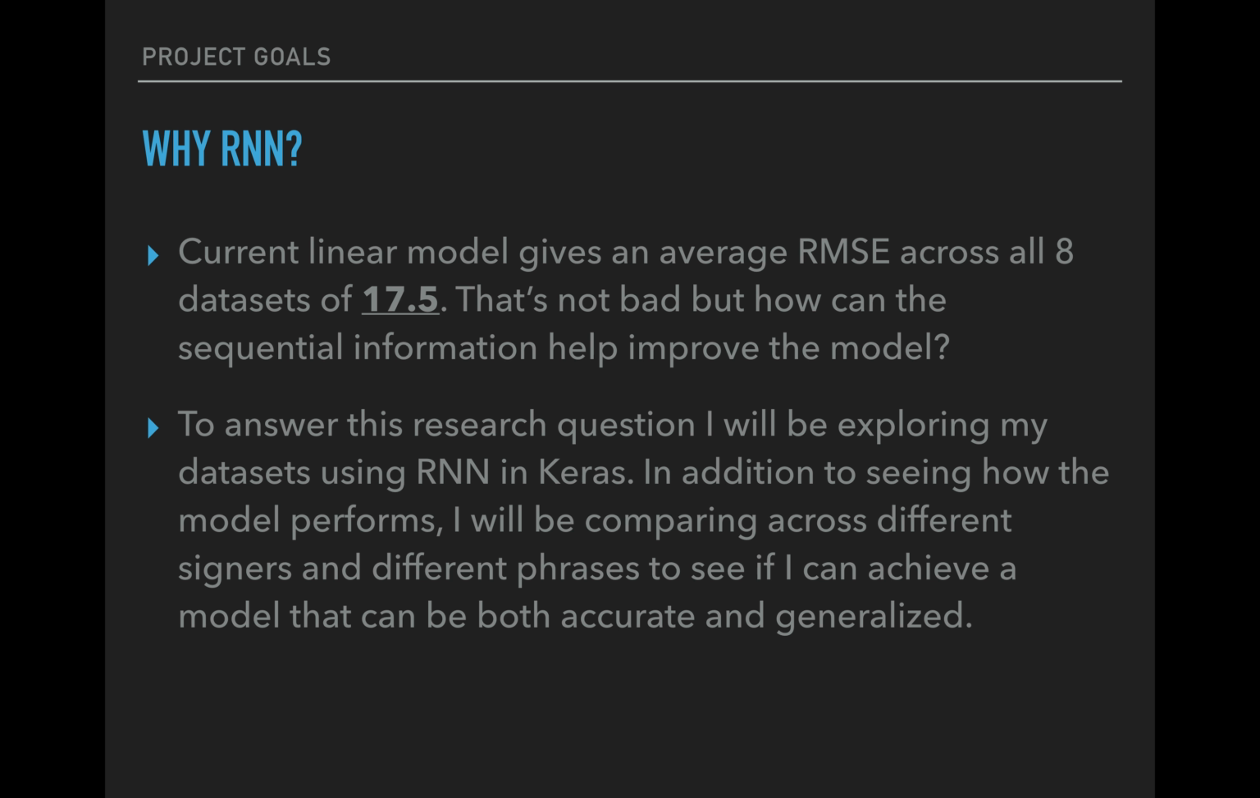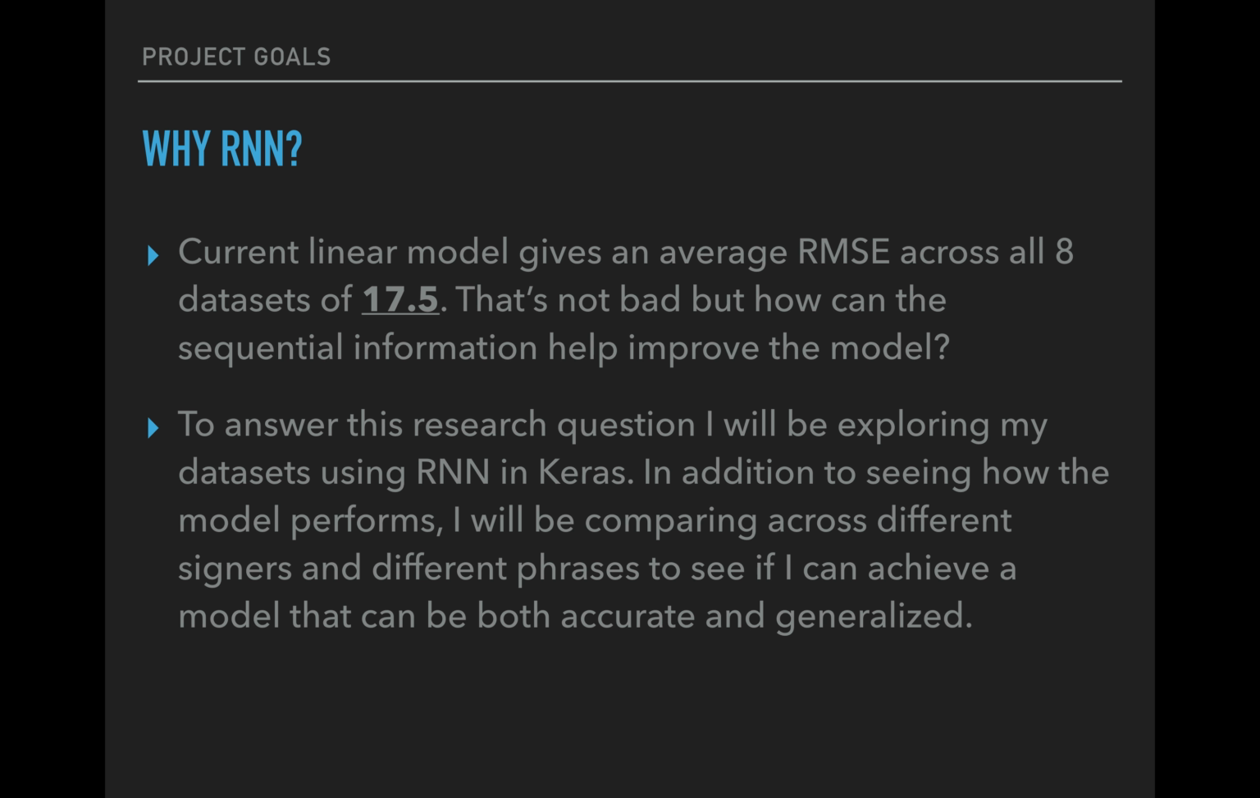Now, my previous research resulted in a fairly decent linear model with only 5 variables that had a 17.5 average root mean squared error across all 8 data sets. However, this does not take into consideration the sequential nature of motion capture data, and therefore, for this project, I wanted to explore recurrent neural networks to see if that can capture some of the information of the sequential data